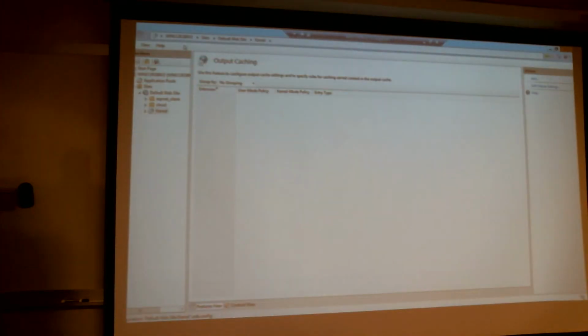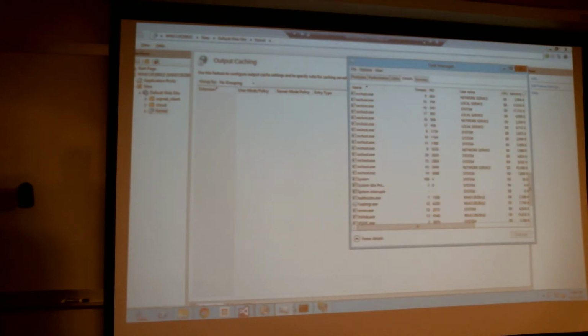So these are the processes. So here I have deployed this app, and then